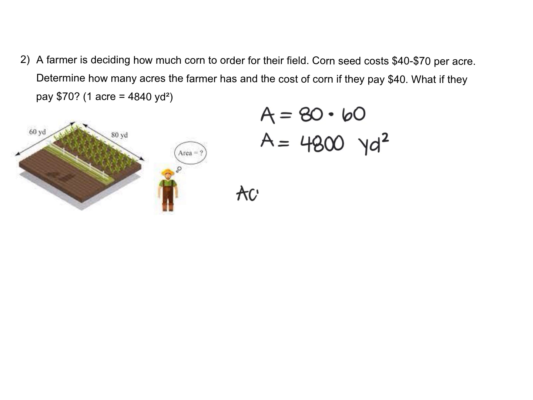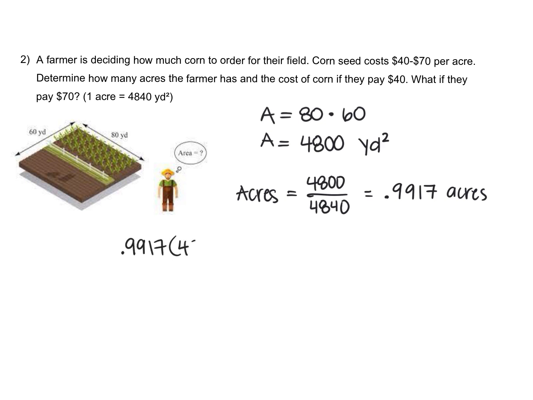So to figure out how many acres they have, you take the amount of yards they have, 4,800, and divide by the number of square yards in an acre, which is 4,840. So they don't quite have an acre of corn, which is fine. It's going to be 0.9917 acres. Okay. Now to figure out the cost, we take if they were paying $40, we take the 0.9917